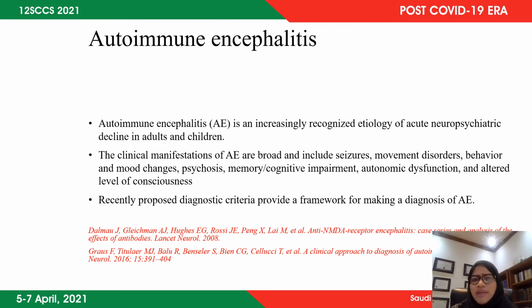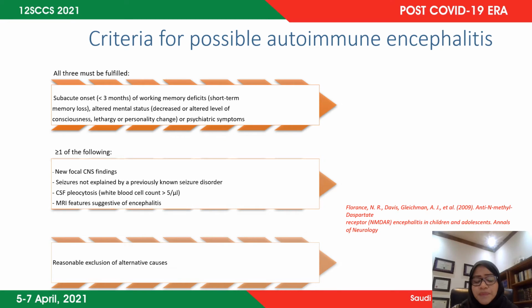However, the substantial variability in presenting symptoms and the severity and progression of the disease within or across subtypes of autoimmune encephalitis makes the diagnosis challenging occasionally. So for the criteria for possible autoimmune encephalitis, you need to have three criteria fulfilled. The first criterion is the subacute onset. And subacute onset means the symptoms should be present within 3 months of presentation, and the symptoms can be anything